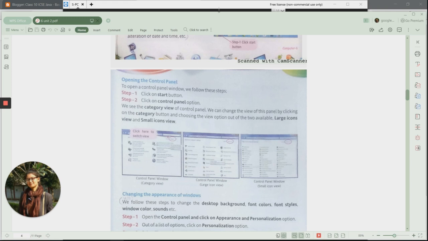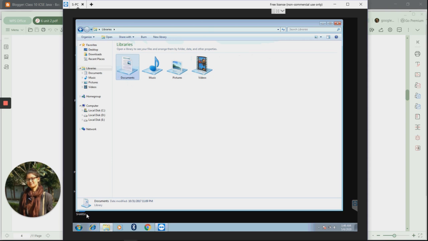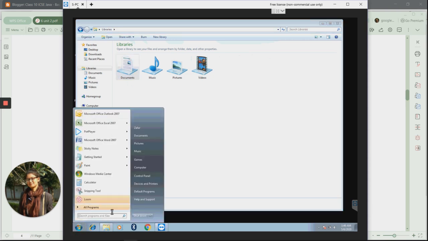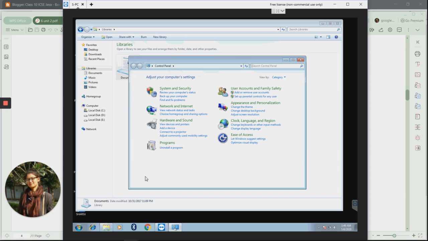Now see in action. Firstly, just click on the Start button. Then you will get the Control Panel at the right hand side. Just click on that and you will get this kind of view. See the address bar, it shows that you are in Control Panel. Over here at the right hand side you have View by.